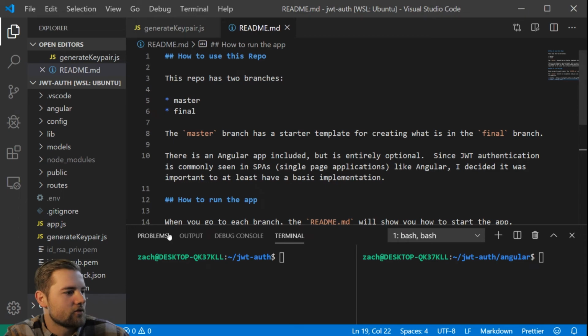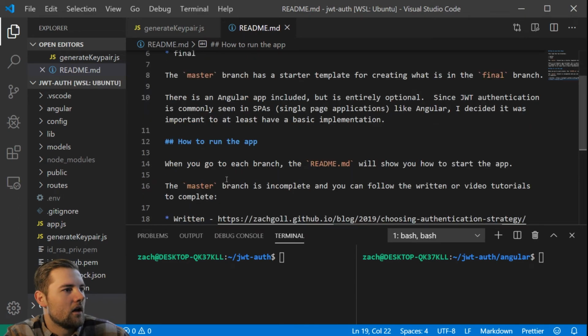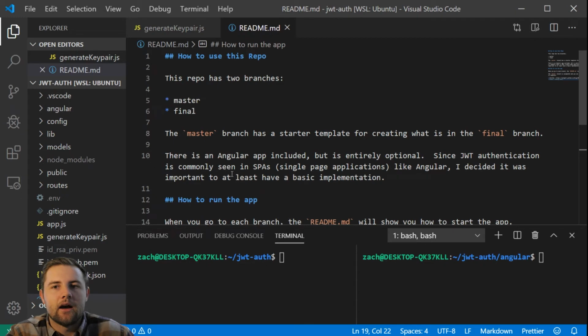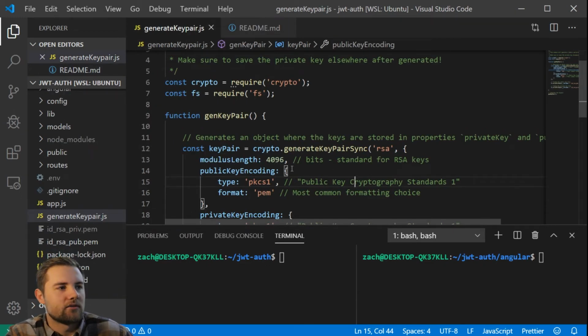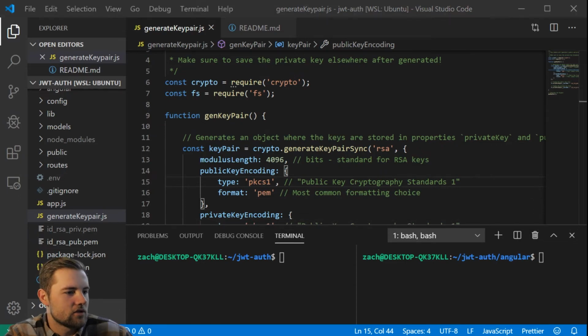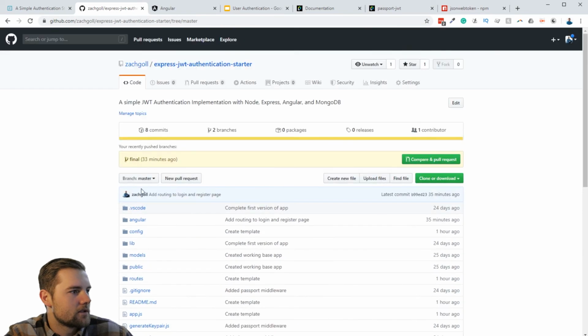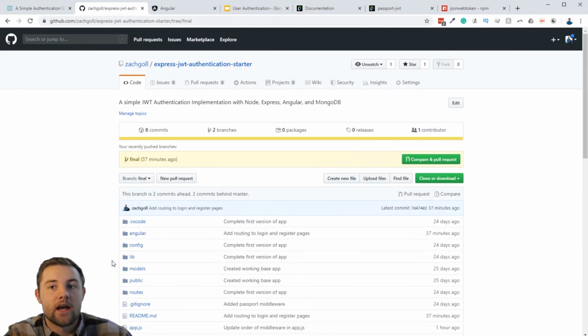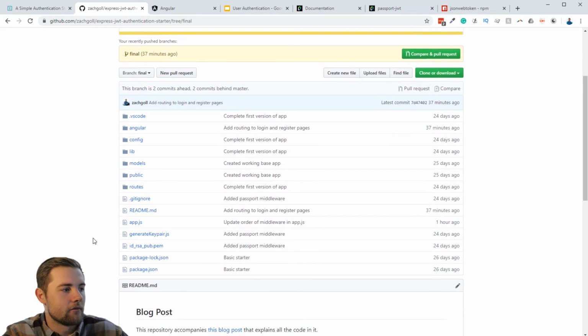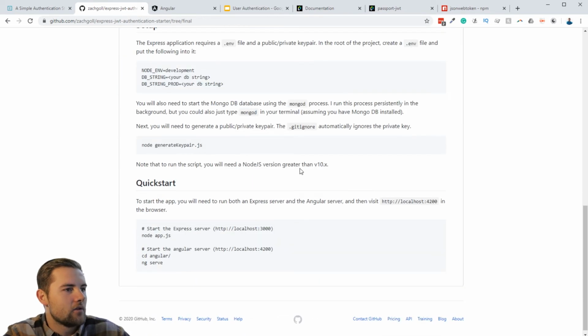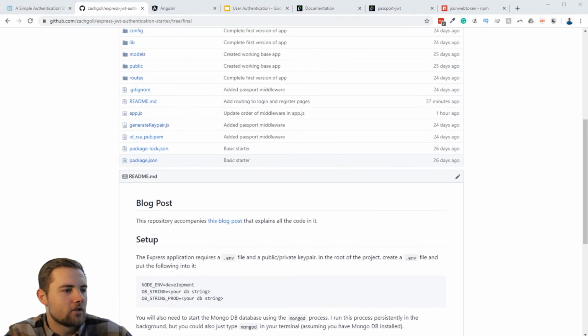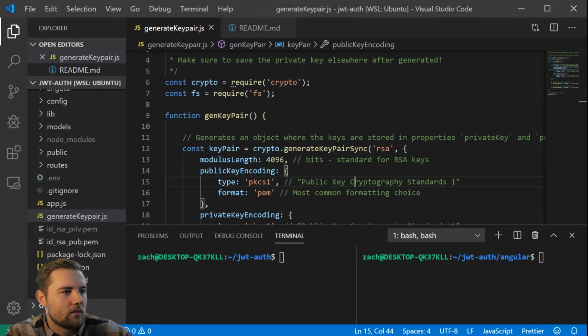We're in the master branch right here, but in the final branch you'll see exactly how to start the app, and it gives you the required Node.js version. I think it's like 10. Let's just verify this right now. So let's skip over to the final branch, which has the final implementation of everything, and it's going to tell you that you need version 10.x or greater to run this script right here. Alright, so make sure that you have that set up,